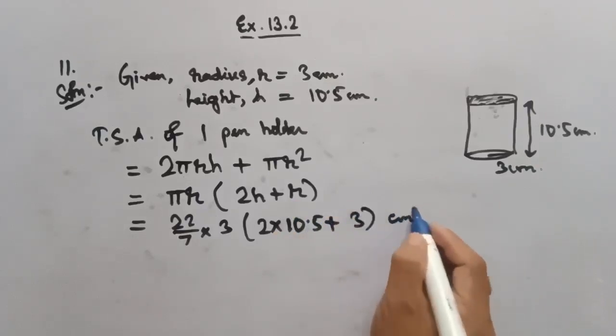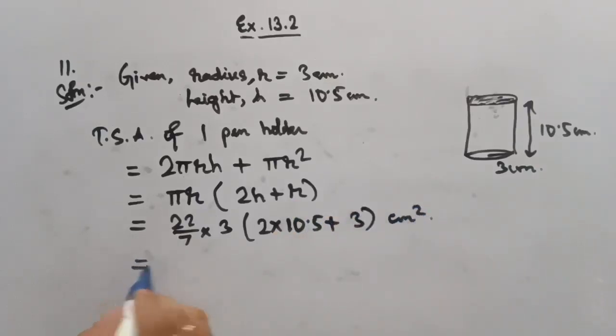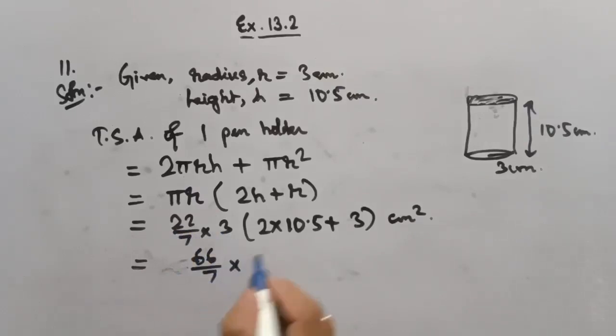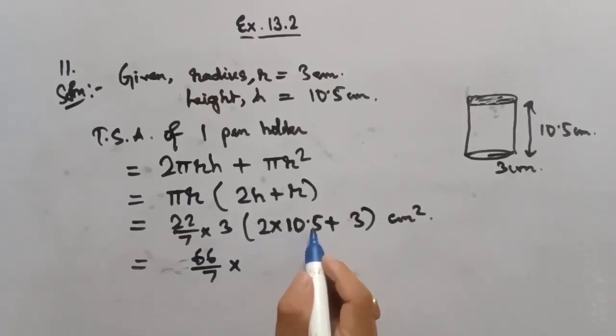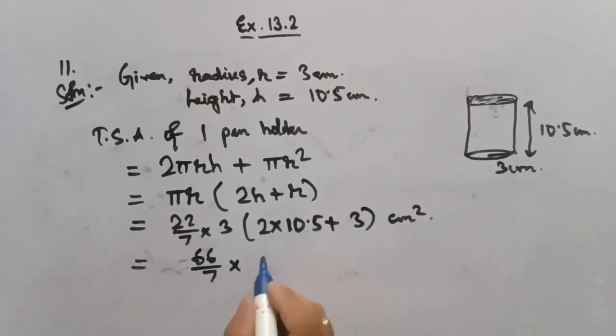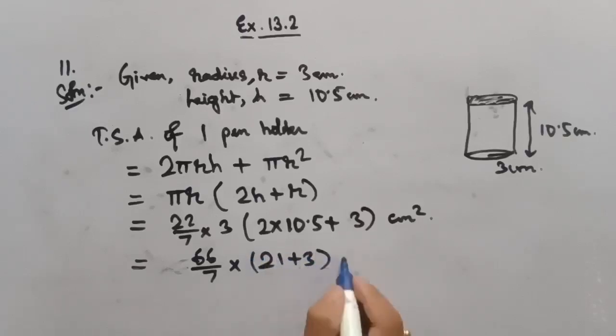This will be centimeter square, equal to 22 into 3 is 66 by 7 into, 2 times 10 is 20 and 2 times 0.5 is 1, so it will be 21 plus 3 centimeter square, equal to 66 by 7 into